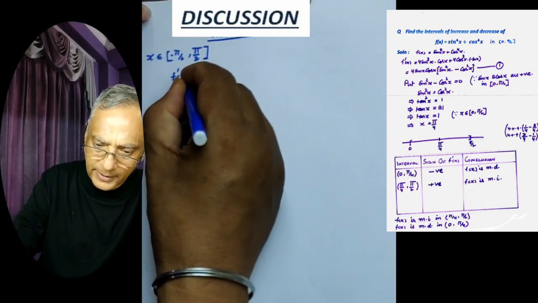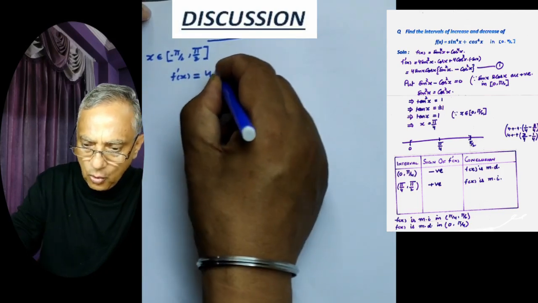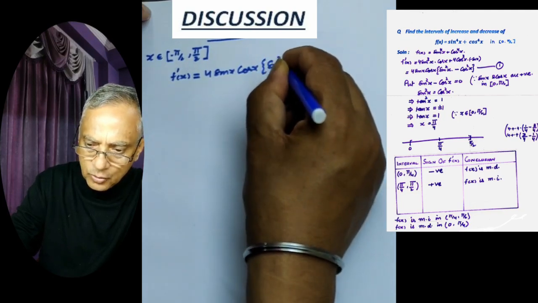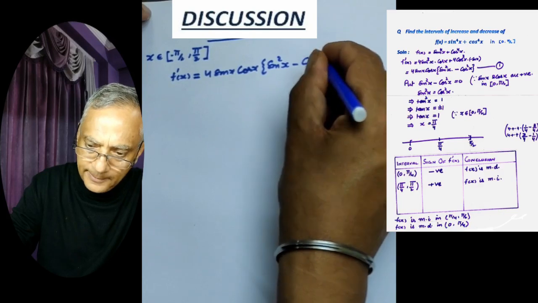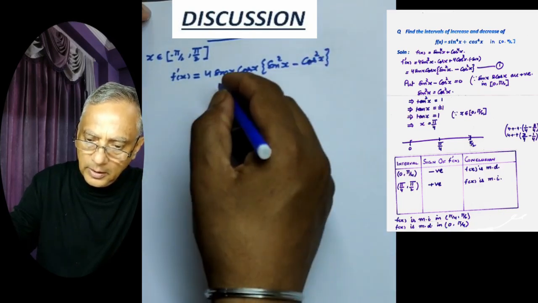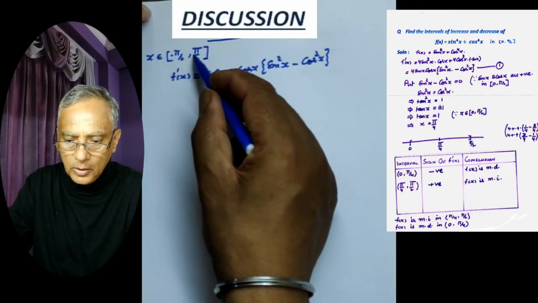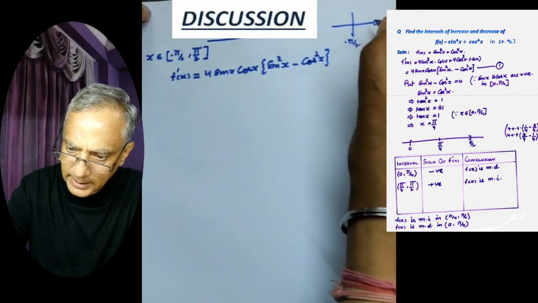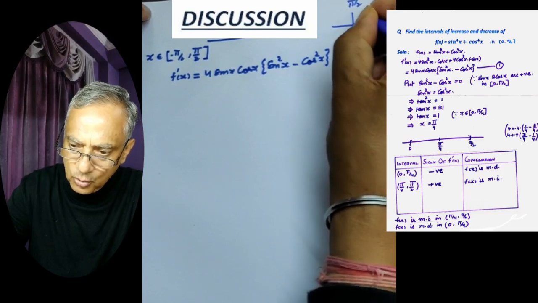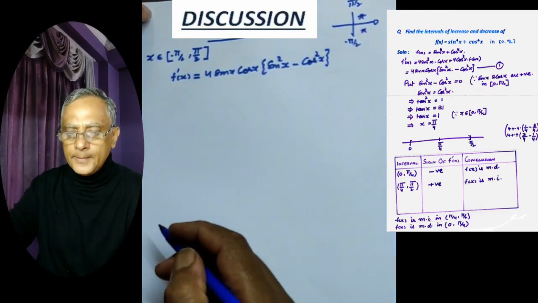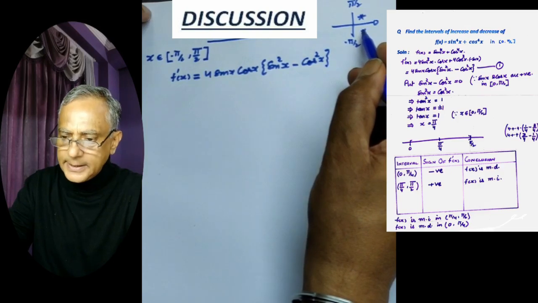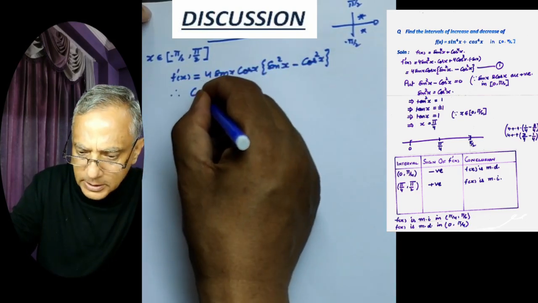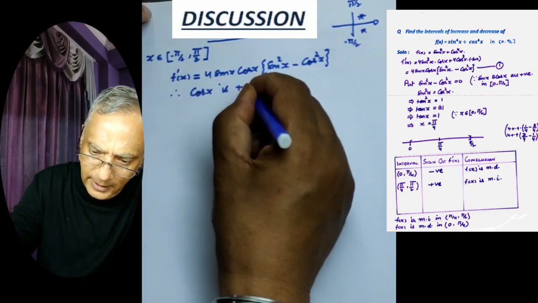Now f'(x) from before is 4 sin x cos x into (sin²x − cos²x). Now in the first and fourth quadrant, this is −π/2, this is 0, this is π/2. So these two quadrants are given. In this quadrant cos x is positive, and in this quadrant also cos x is positive, and therefore cos x is positive, definite